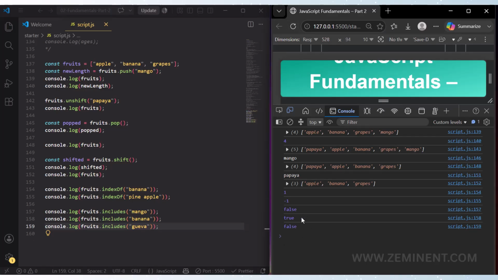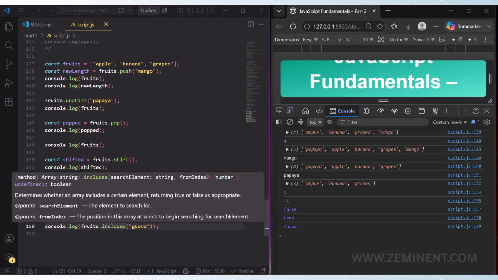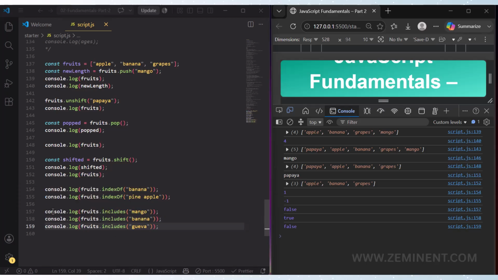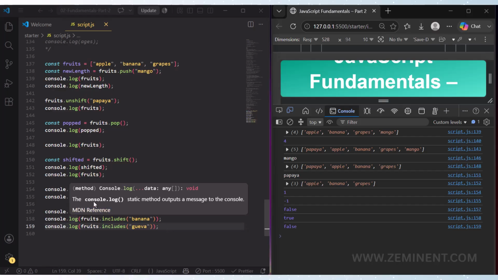Here it displayed false because we don't have guava. And now the includes method works as a strict equality. So if we push a different type here and check it, then also we will get false, because it works as strict equality and type coercion is not included here.